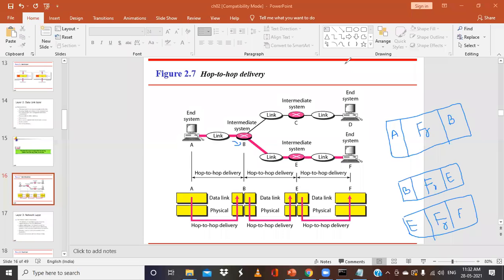About the network layer, that time you'll understand. But when we talk about the network layer, there will be a source machine, and the source machine will have an IP address, and it wants to send to the destination machine, that can be present anywhere. So it will have the source device and the destination device, and it will have the IP addresses. Those IP addresses cannot be changed, but here it will just be changing the physical address because it is from one hop to the next hop.